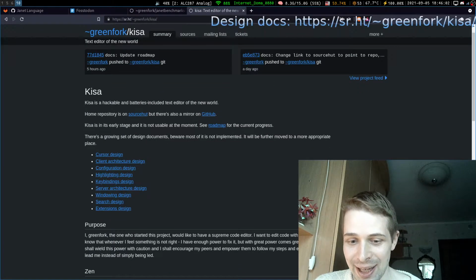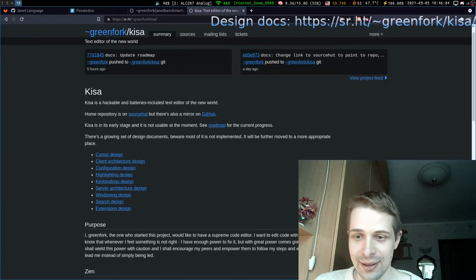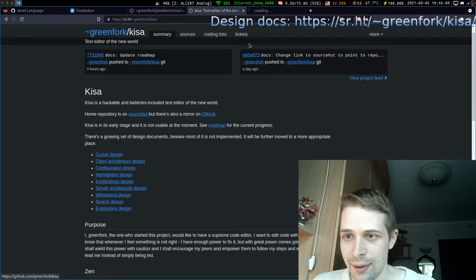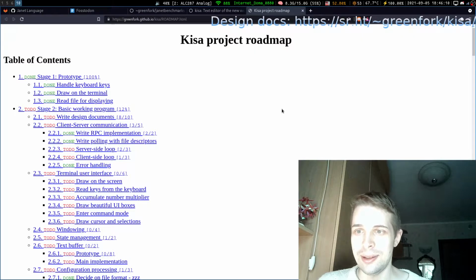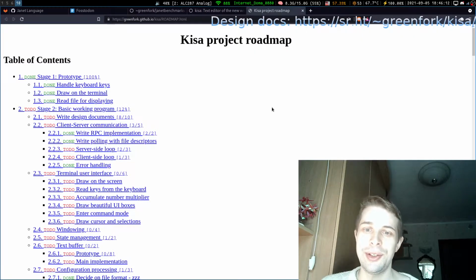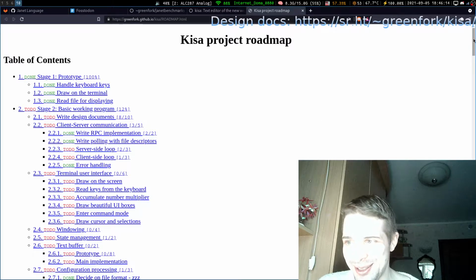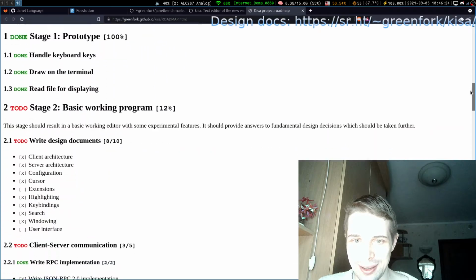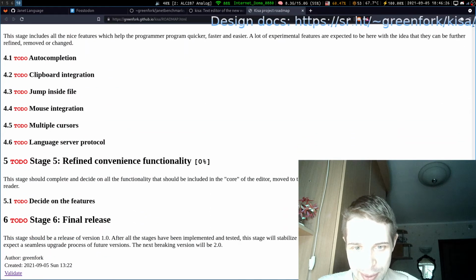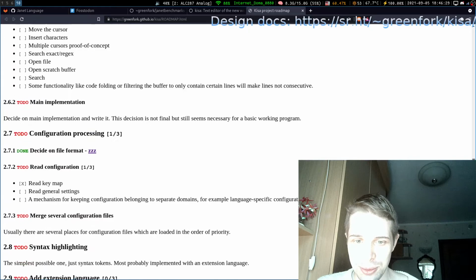Okay, and now about documentation, right? I was saying that I spent a lot of time on it. So first of all, this is a roadmap. This is very raw. I didn't do any styles. If you use some kind of a text web browser like Emacs EWW, I think it will be a lot better. But now it is in this state, and it's basically a large to-do list.